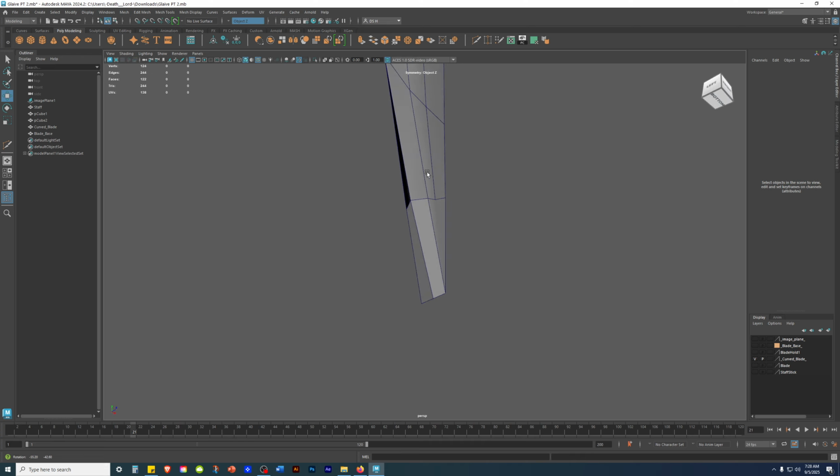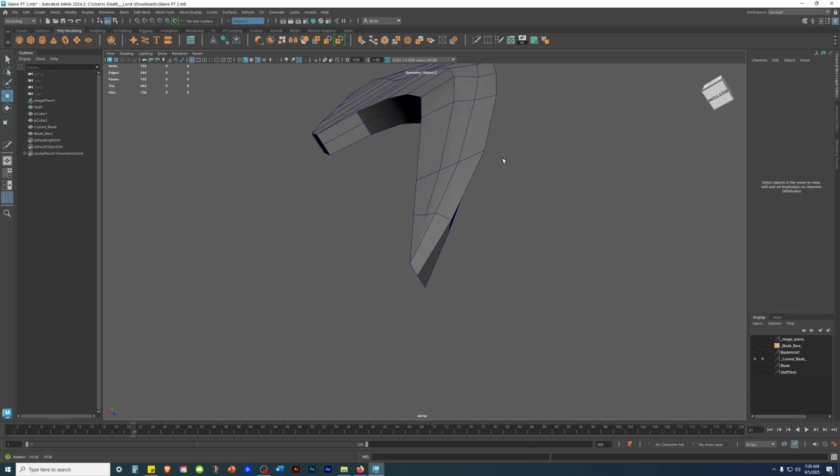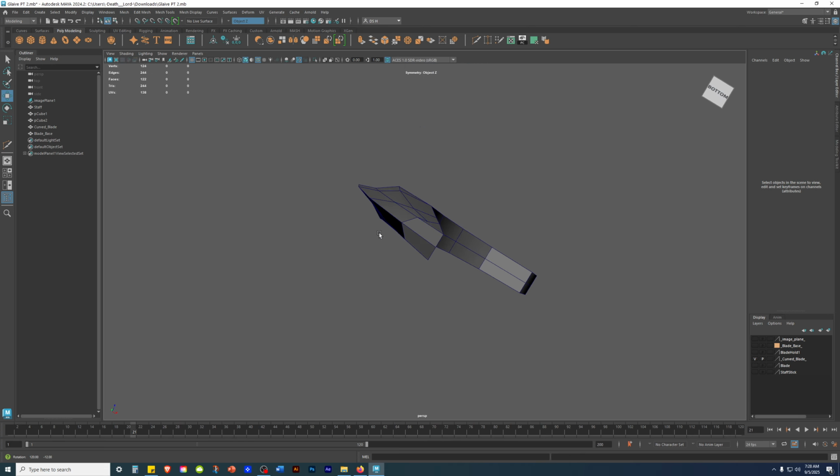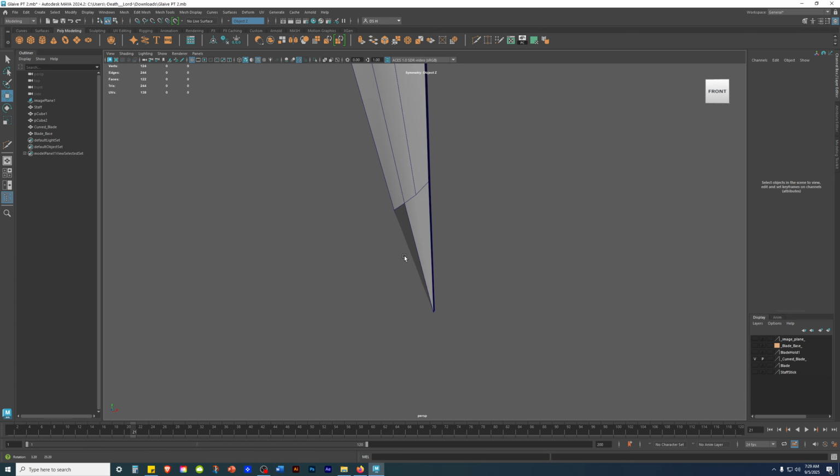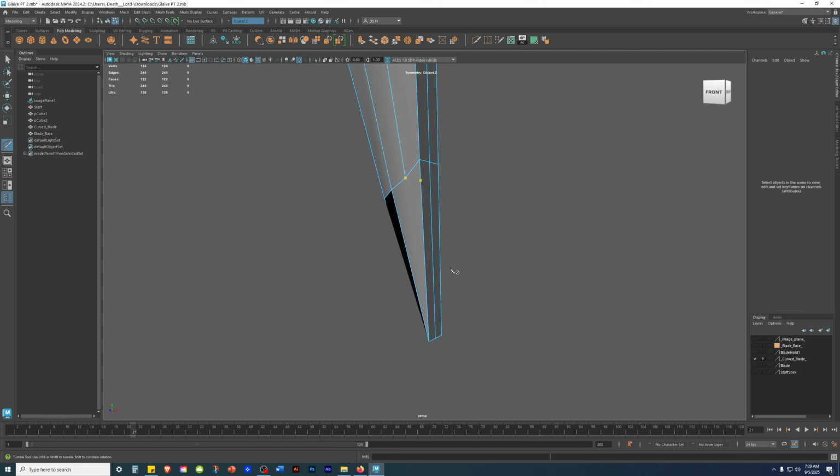Right click object mode. This is sketching. Multi-cut. Click snap. Click